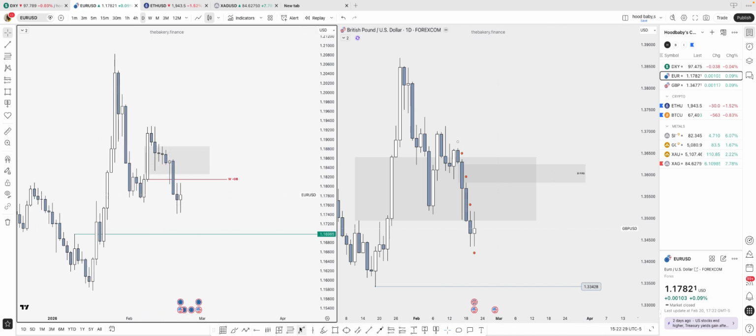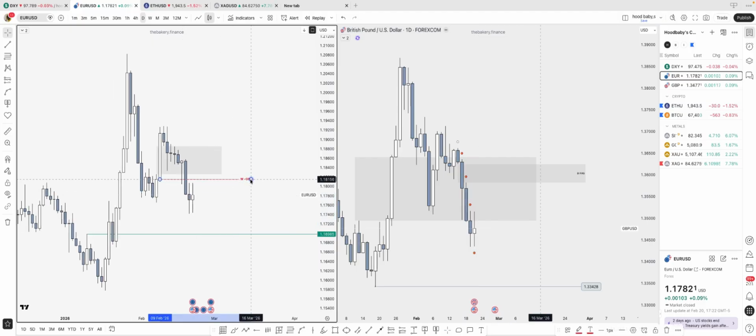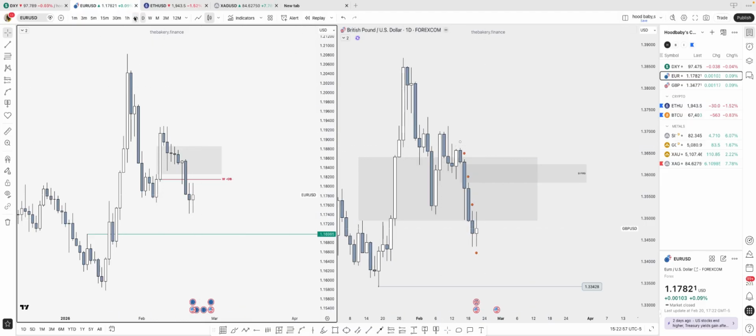So we could just get a run back into the weekly order block and the daily inverse fair value gap, where it should be looking like this. We should get something like this. This wouldn't be bad for some sort of open high close. But I highly doubt we'll have that much volatility this week. But again, we'll see what the market presents itself and we'll work with that.